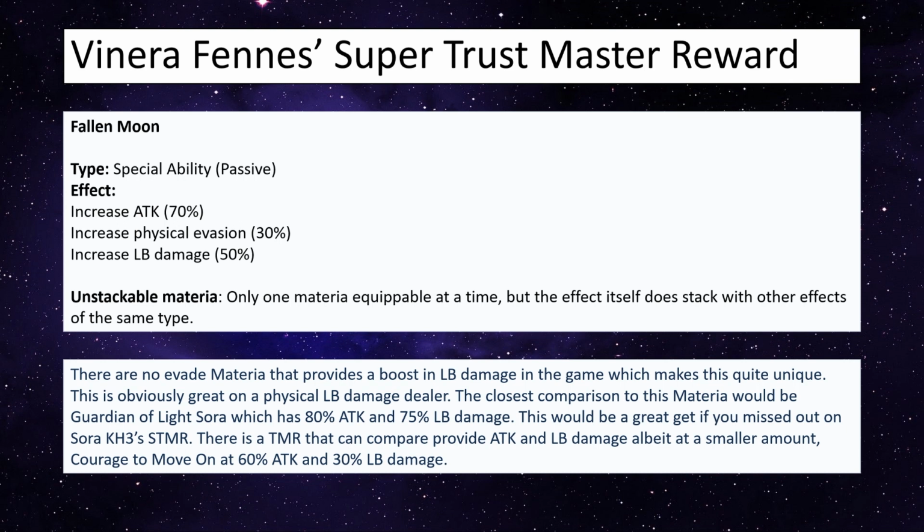So there is also a TMR that can compare that provides attack and LB damage, albeit at a smaller amount, which is Courage to Move On at 60% attack and 30% LB damage. That's from AC Cloud. So overall, I think this is a really good Super Trust Master reward, especially if you